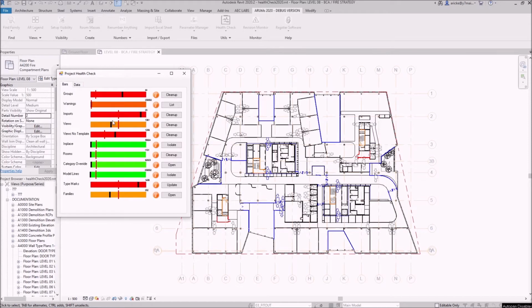So we've got our list of various things that we can address the issues for. So all of these will take you to a command that either previously existed in ARUtils or has been created specifically with the Project Health Check command in mind. Let's go to clean up our views. So this addresses the issue of views that aren't on sheets. So at some stage you won't want to have many views that aren't on sheets in your project. So we'll go to cleanup,